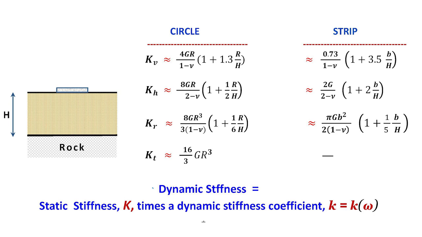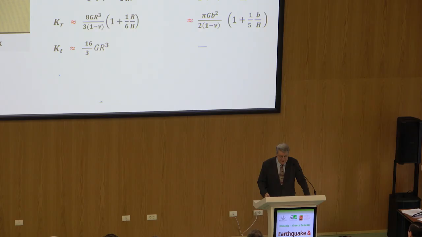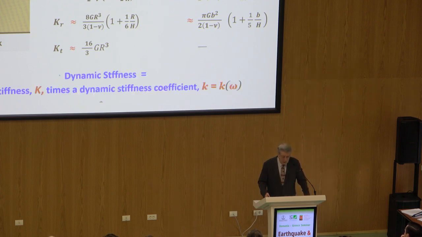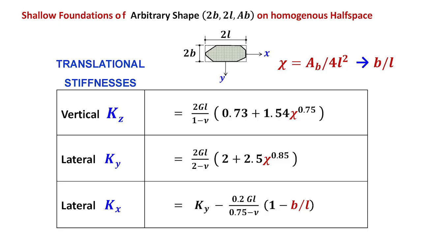For example, for a foundation on a homogeneous soil on rock, as you see here for a circle and a strip. And these values depend on the shear modulus G of soil, of course, the dimensions of the foundation, this is for a circle, radius R, and also depend on how thick is the soil layer. This H here is the thickness of the soil layer. But we have to remember at the end of the day that these are only the static stiffnesses, and they have to be multiplied times a dynamic factor, which is a function of frequency. And this presents certain difficulties. So anyway,